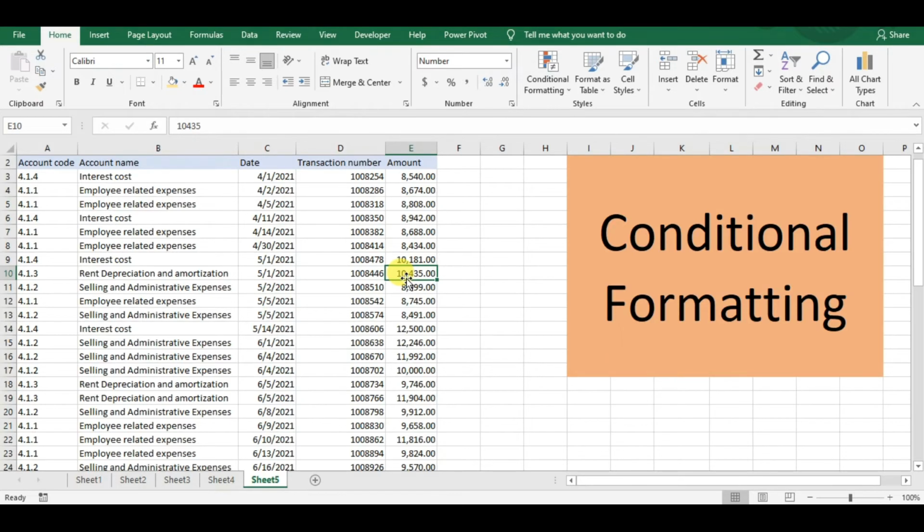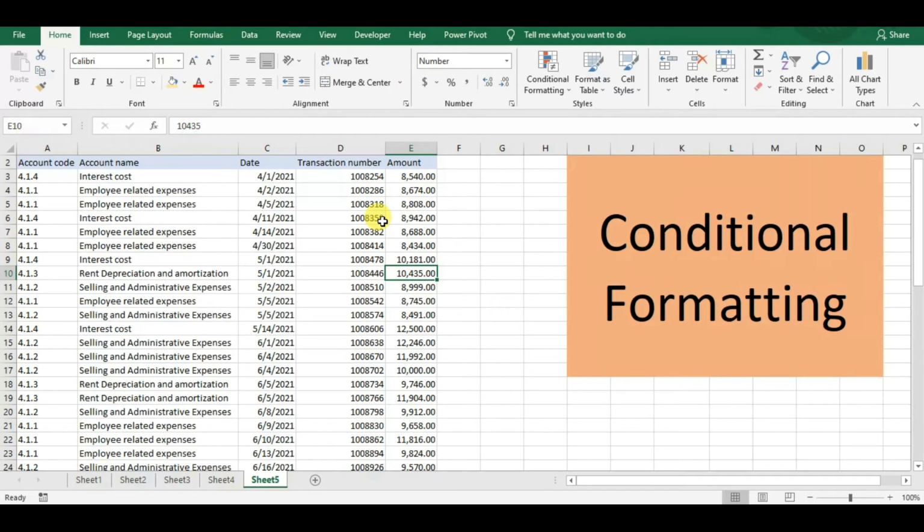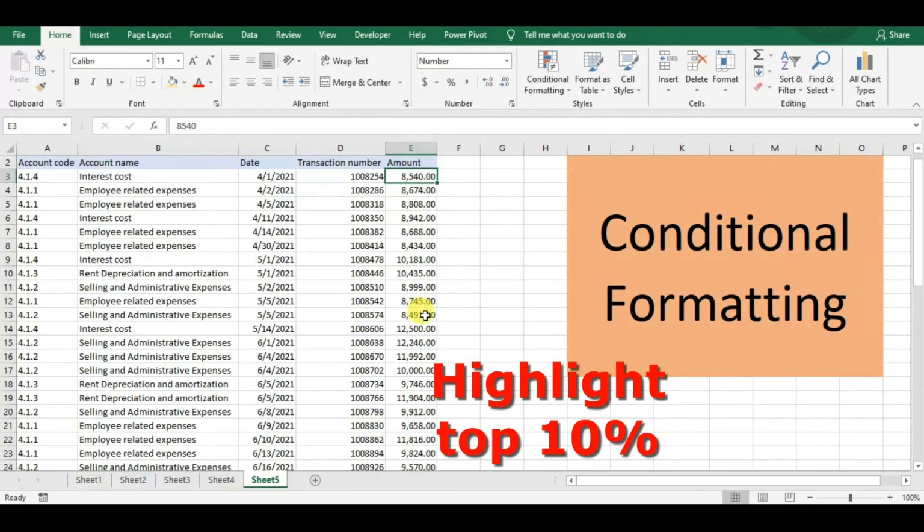Conditional formatting is a great way to visualize and analyze our data. Now let's say we have this table, and we want certain cells to be highlighted based on certain rules, so we can use conditional formatting. We can use conditional formatting to bring attention to a certain cell, and define rules or conditions.